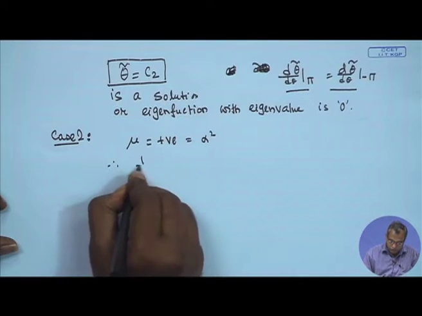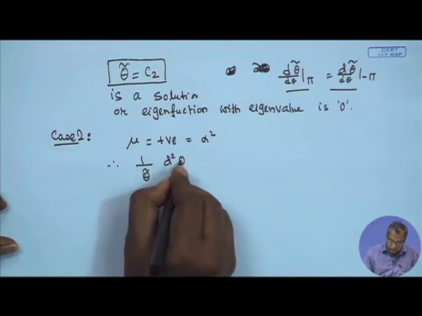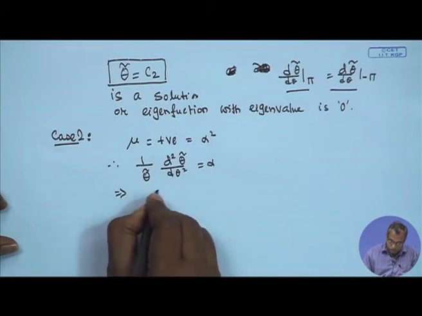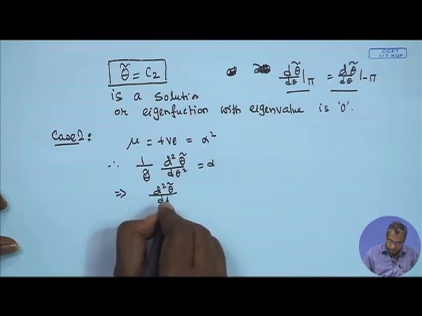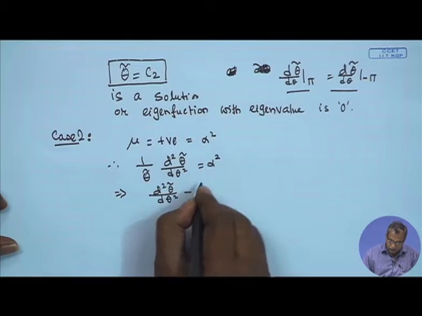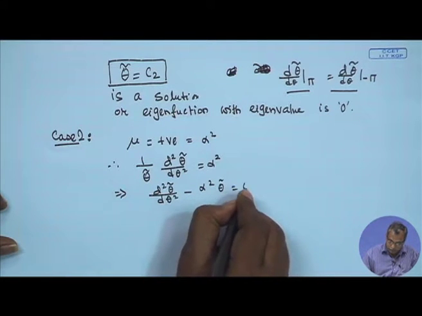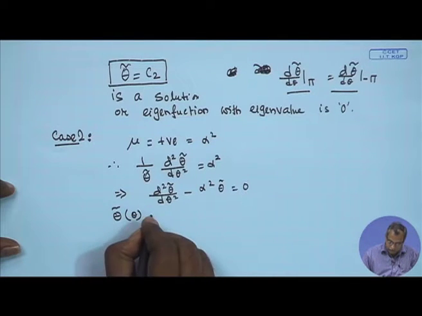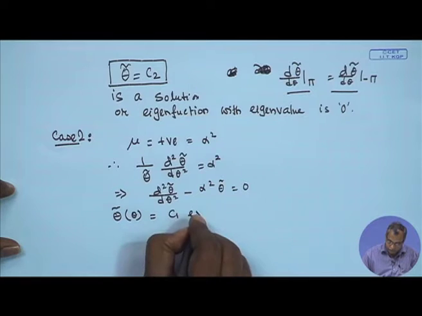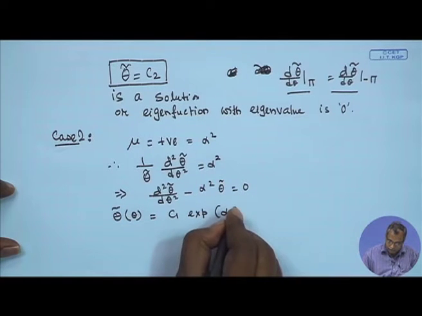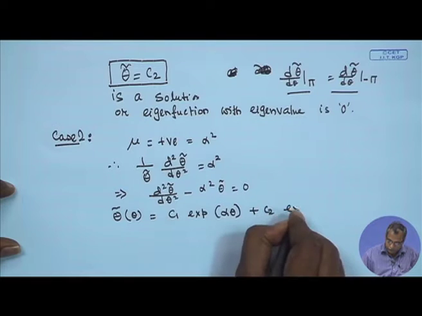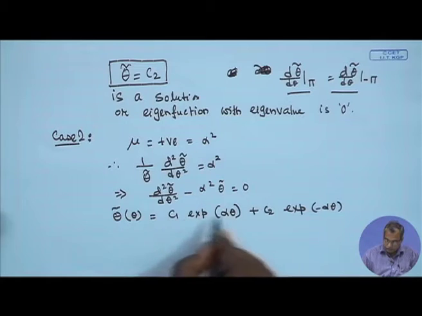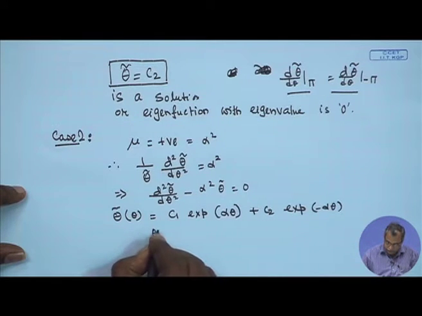So (1/θ̂) d²θ̂/dθ² is equal to α². So d²θ̂/dθ² minus α²θ̂ will be equal to 0. So we get the solution θ̂ as a function of θ is nothing but C1 exponential αθ plus C2 exponential minus αθ. Then we evaluate the constants C1 and C2 from the two boundary conditions, the periodic boundary conditions, that is θ̂